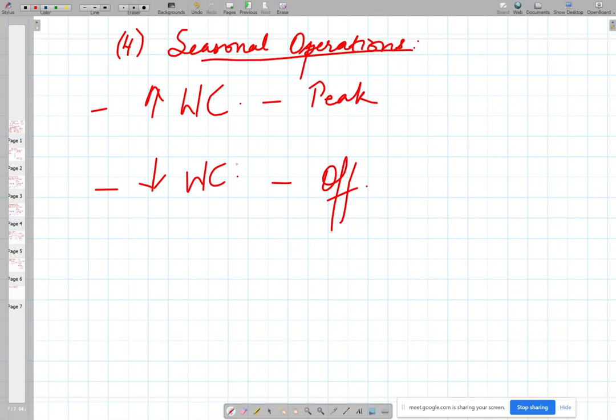Why? Because production is less. The companies are not producing the same quantities, they don't require the same levels of raw materials, which is why the working capital requirement also goes down during those seasons. Fine. So again, seasonal operations determine the amount of working capital that will be needed in your businesses. Moving on to the next point,